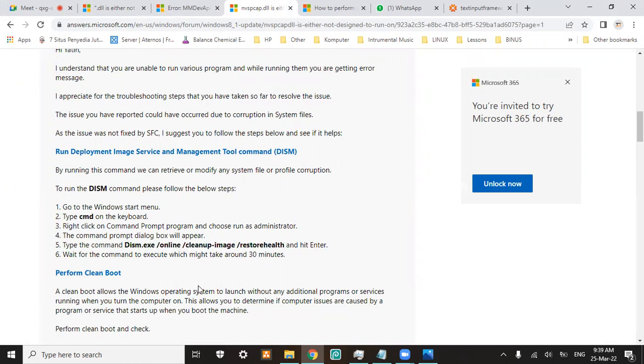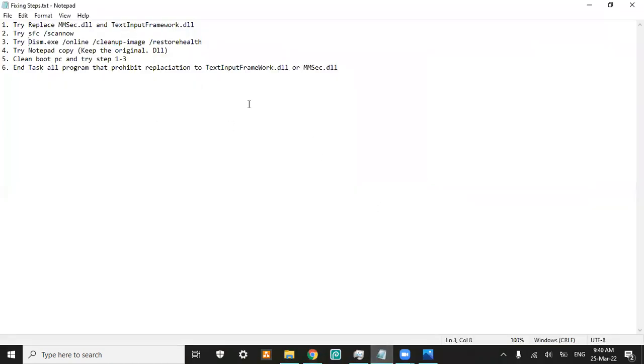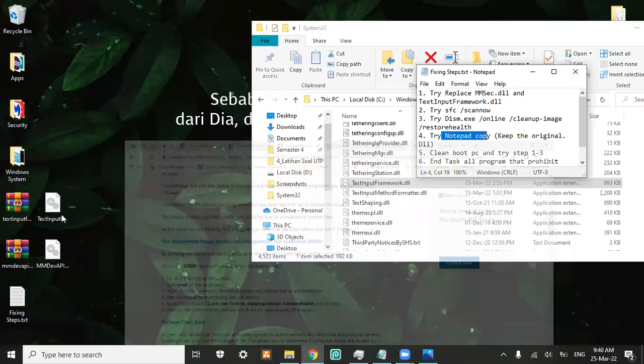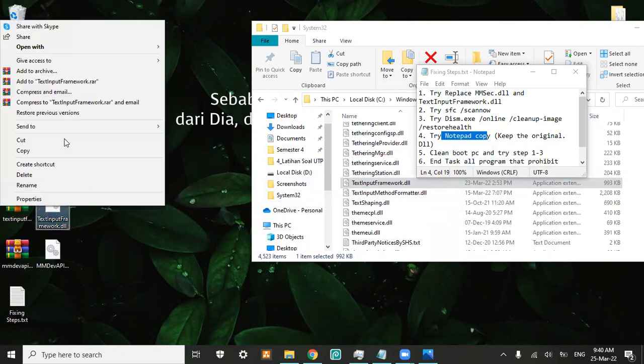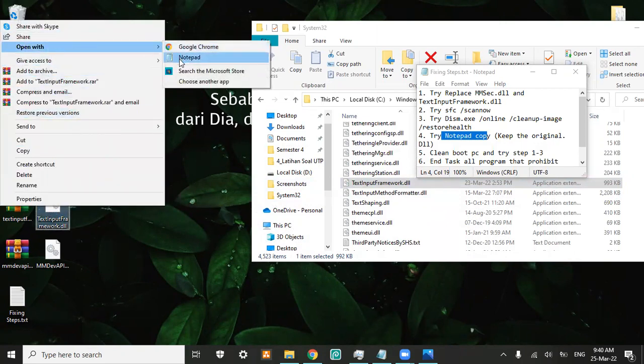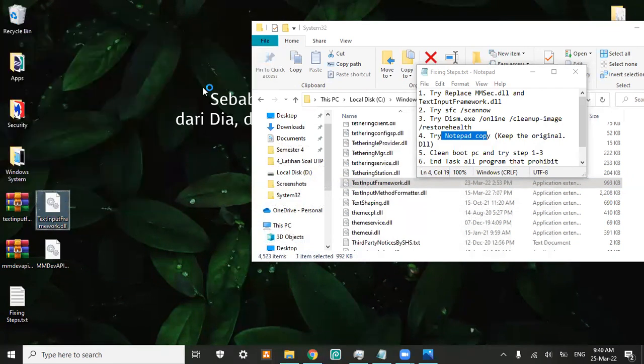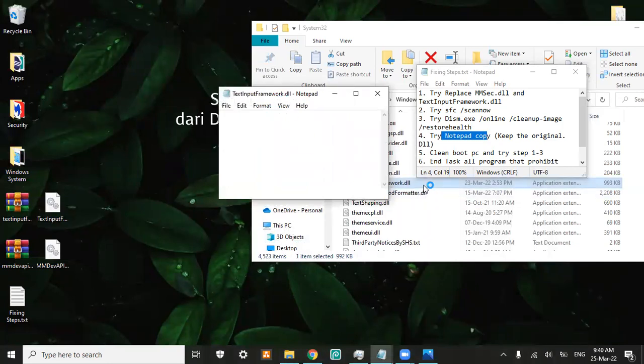But after I restarted and tried again to open my Zoom and Line and the other apps, it did not work. It's still the same. So I tried to copy the content of the file that I downloaded into this file. I want to replace the content, not the file, but the content. I open the file with notepad. We know that a DLL cannot normally be opened by notepad, but I force it because I want to copy the content and paste it in this file.